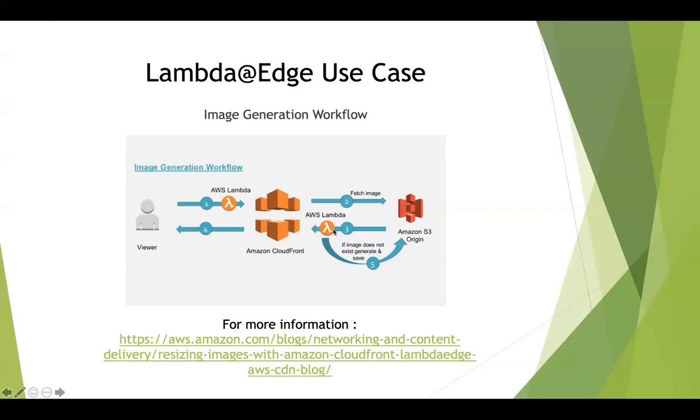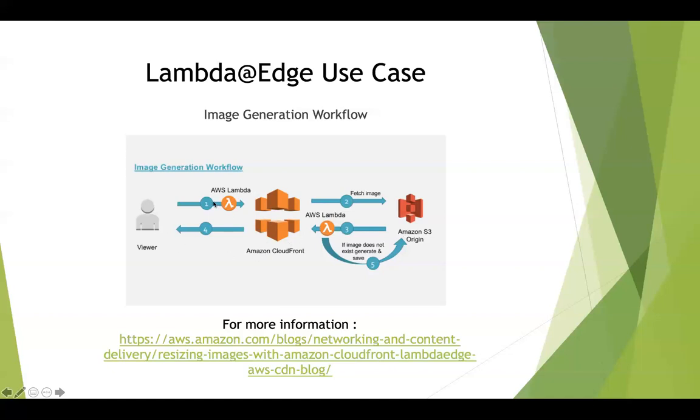So this is a very good use case. If that object is already present in the cache, automatically you're going to serve that object to the end user. If that object is not present, then you're going to run this lambda function, take that object from S3, manipulate that image to serve one of these two dimensions, and then cache that image in your CloudFront distribution, and then send it back to the viewer.